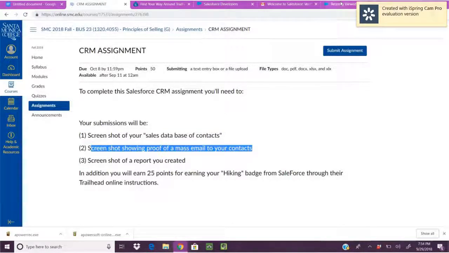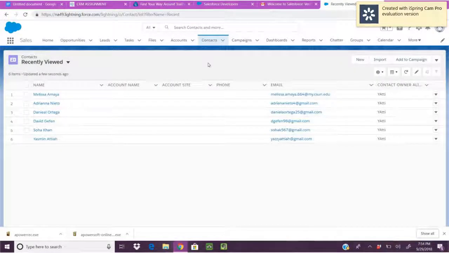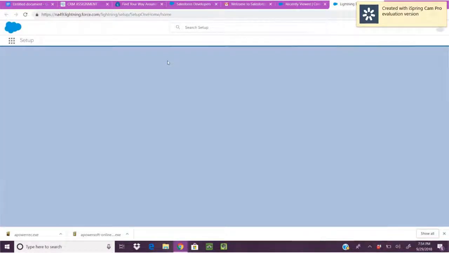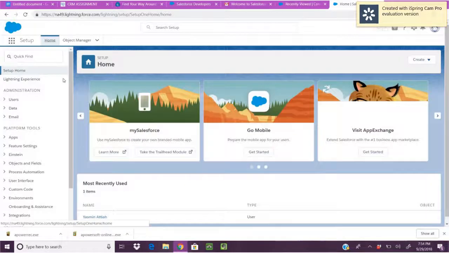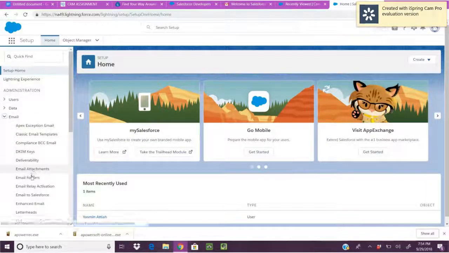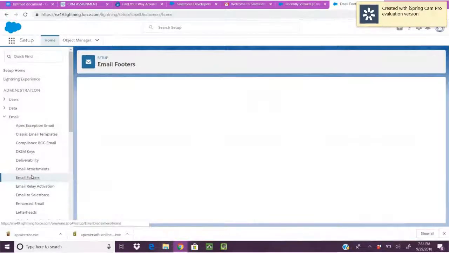The next assignment is sending out a mass email to our contacts. So we have 5 or 6 contacts now. Let's get started on creating the email template. The first thing you want to do is create a footer. To create the footer, we go to Setup. We're going to click the email